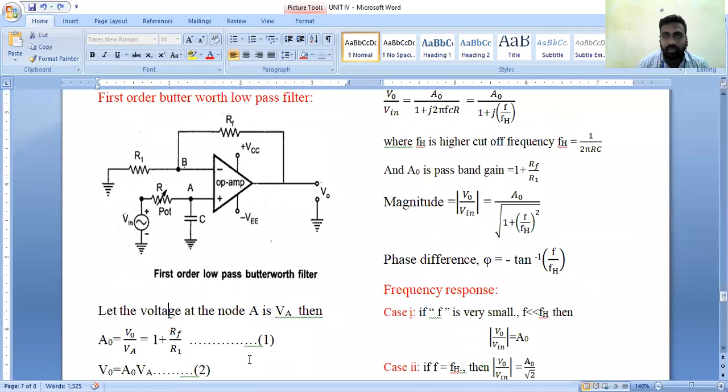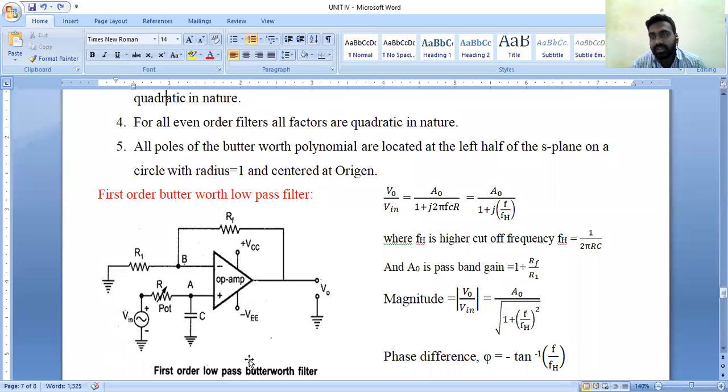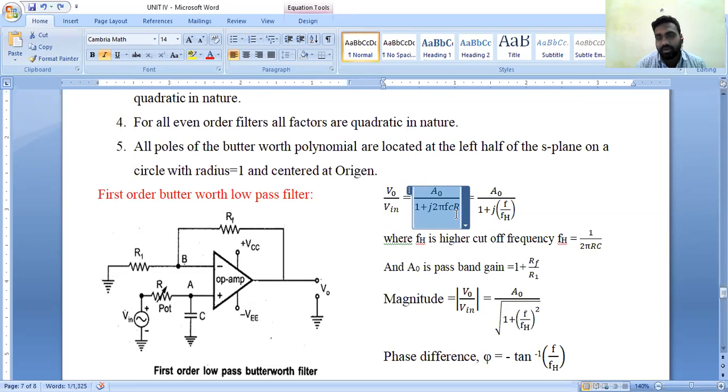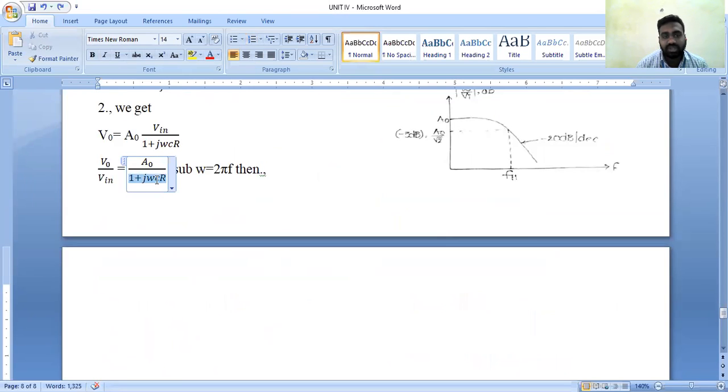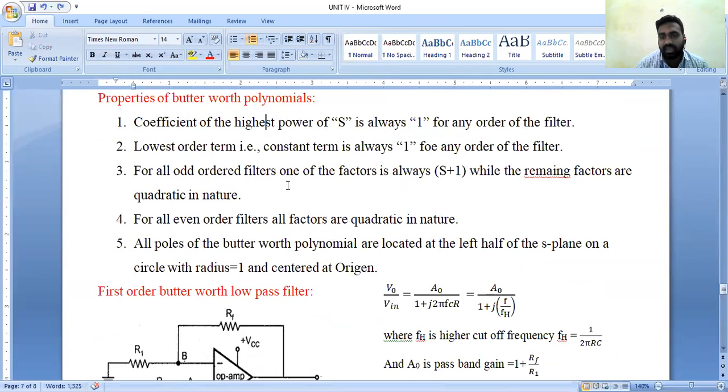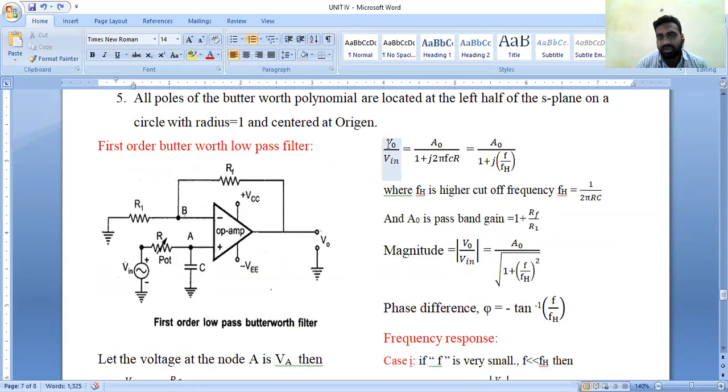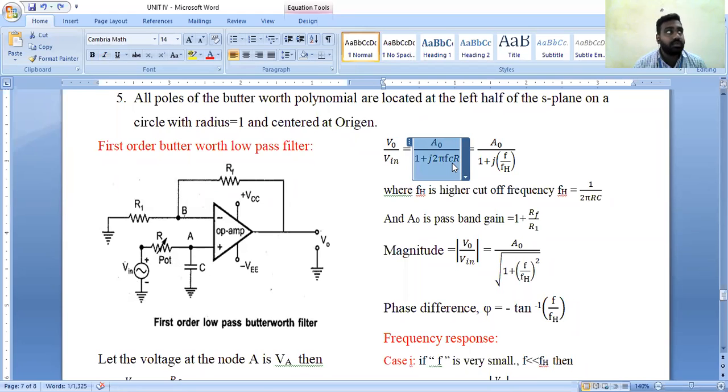After stating the individual terms, the output voltage is stated with respect to gain A naught and input voltage, represented with respect to 1 plus j into 2 pi f, where omega is represented as 2 pi f. Here we have 1 by 1 plus j omega C R, where omega is 2 pi f. After representing omega as 2 pi f, this is the final expression. That means the gain, the output voltage with respect to the input voltage, is equal to A naught divided by 1 plus j into 2 pi f C R,